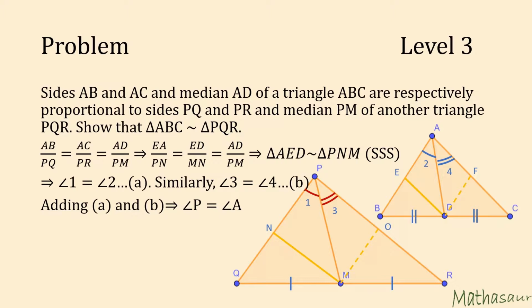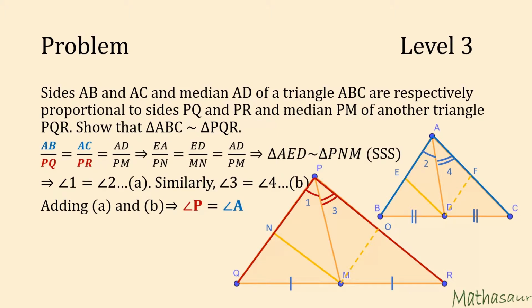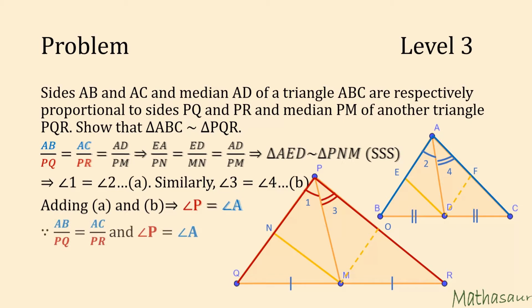And now we have something interesting. Let us look at the proportions that we were given once again. AB by PQ is equal to AC by PR. They form two corresponding sides of the two bigger triangles. And we have just proven that the included angles, angle P and angle A, are also equal. So by using these two, we could say that triangle ABC is similar to triangle PQR by the SAS, or